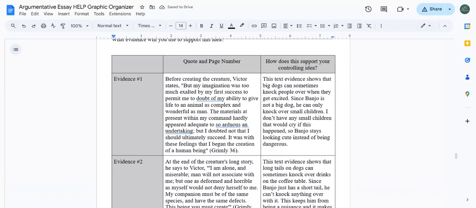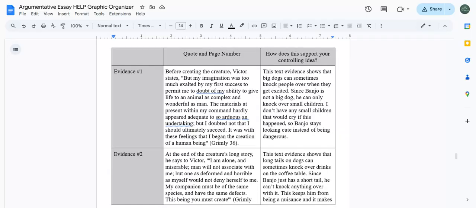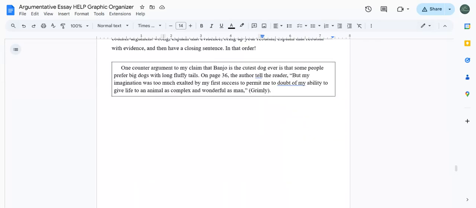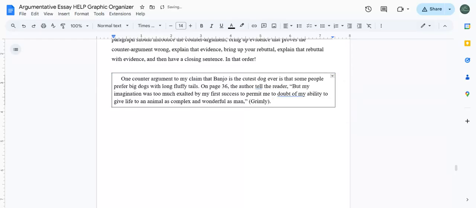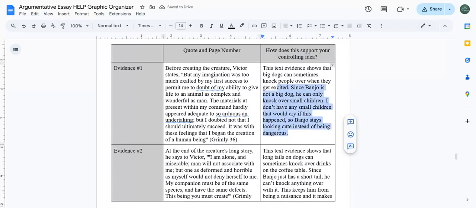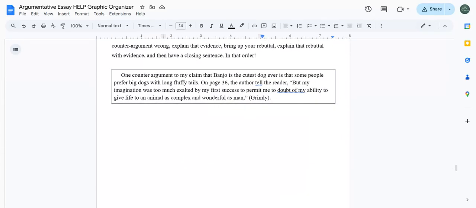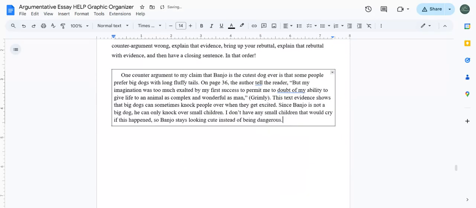So I don't want to say this text evidence shows. That's a little repetitive, and I'm a better writer than that. So I don't want to say it again. But I am going to go ahead and copy and paste this. I'm the one that wrote it, so not plagiarizing. All right. Whoops. Not over the whole thing. Oops. I need to copy and paste better. So instead of the whole box, I'm just going to make sure I only get the text. Let's try that. There we go. This text evidence shows.